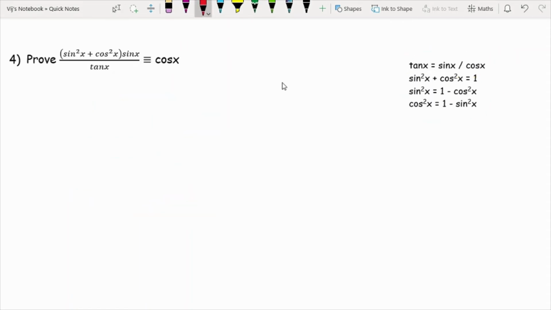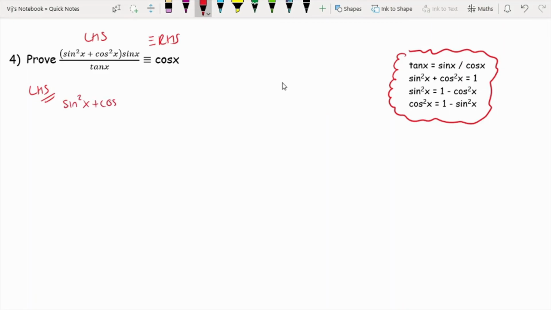So in this fourth example, I've got to prove that sin squared x plus cos squared x, times sin x, all over tan x, can be written in the format of cos x. So again, I start off by making sure I'm aware of what trig identities I can substitute in. I make a note of what's the left hand side and what's the right hand side. And I take the more complicated looking side, which in this case is by a country mile definitely the left hand side. So if I just start off by writing that left hand side out again,